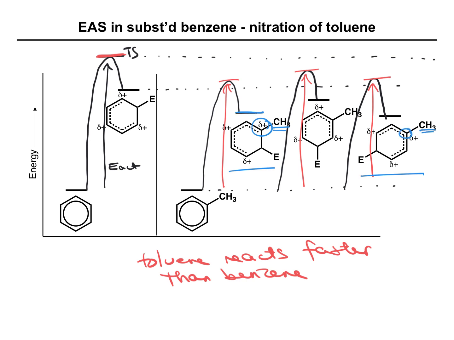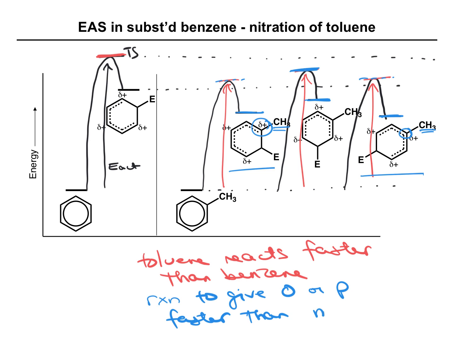These are going to be more stable than the meta intermediate, which means that the transition states leading to them are going to be more stable than the transition state leading to the meta product. So the reaction to give the ortho or para products will be faster than the reaction to give the meta